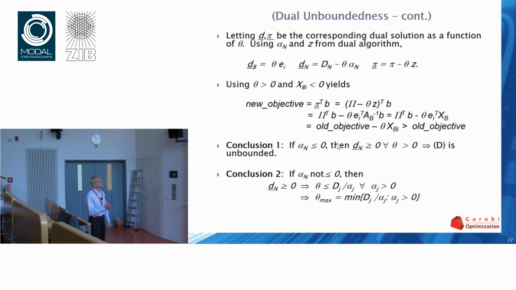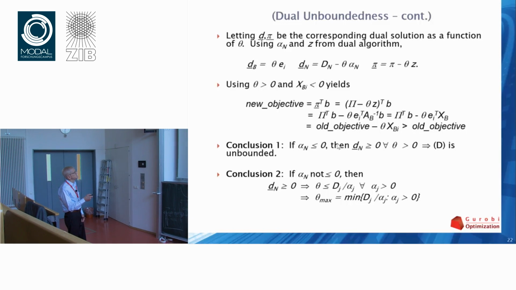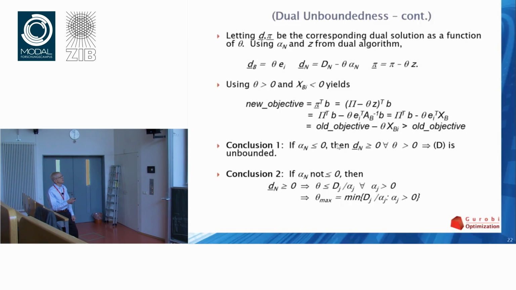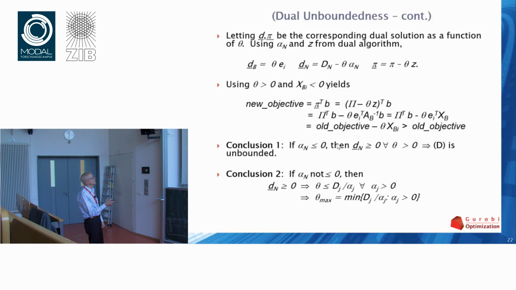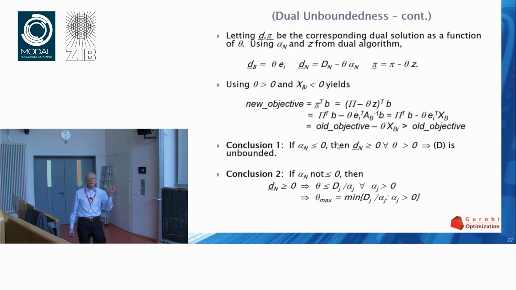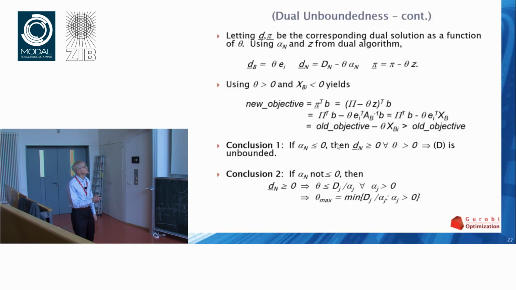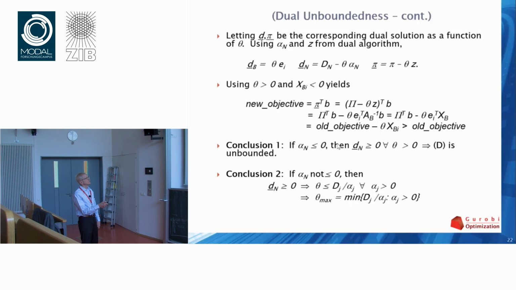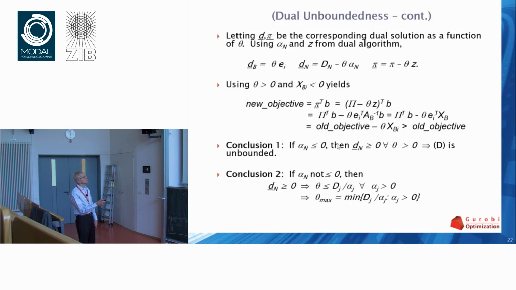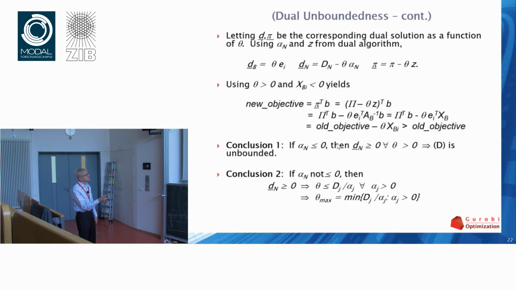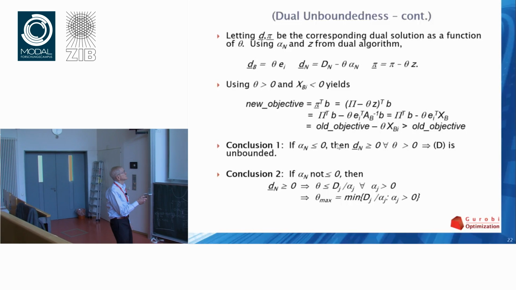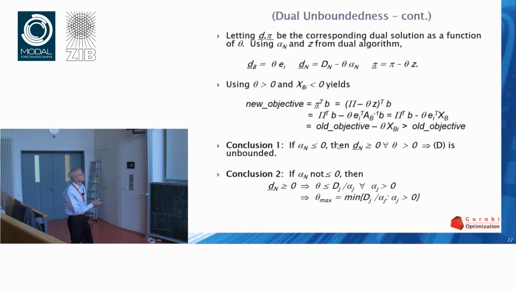Using theta greater than 0 and the fact that this is a primal infeasibility at this variable xbi, we get the following calculation. The new objective is equal to, right, pi is all that appears in the objective, so it's pi transpose b. These are the new values of the pi's. We substitute that formula in, multiply out, we get pi transpose b minus theta times an expression for z, so I just went back to the definition of z and plugged it in, times b, and now you can observe that